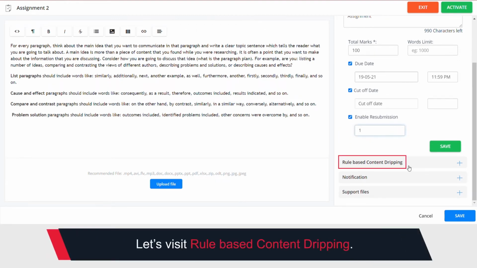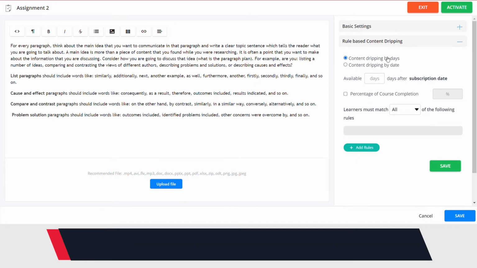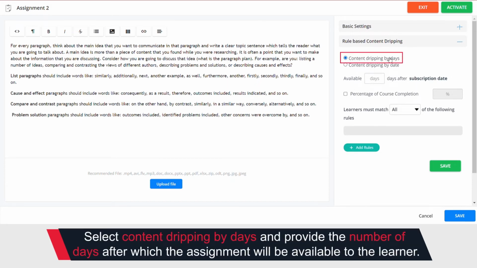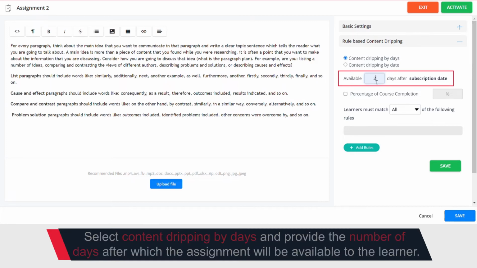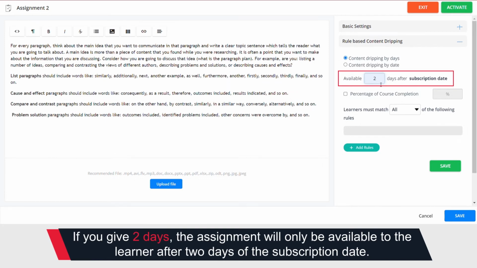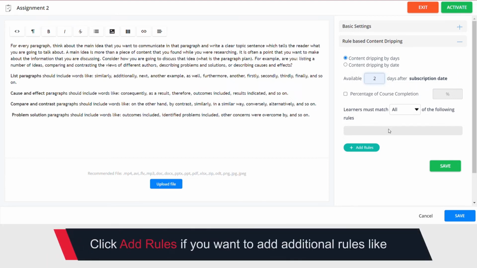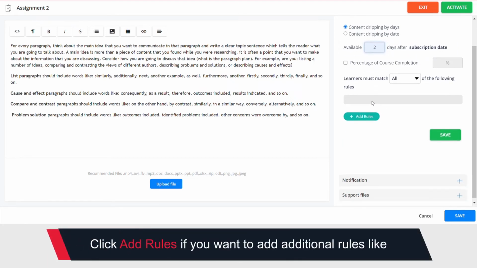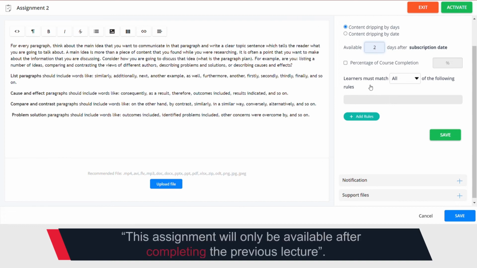Let's visit Rule-Based Content Dripping. Select Content Dripping by days and provide the number of days after which the assignment will be available to the learner. If you give 2 days, the assignment will only be available to the learner after 2 days of the subscription date. Click Add Rules if you want to add additional rules like this assignment will only be available after